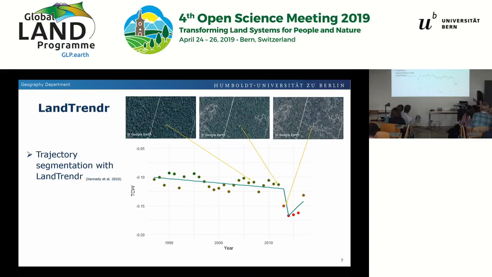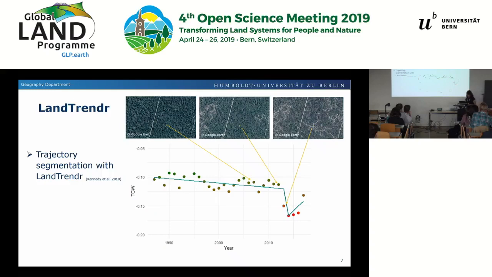These are very high resolution images from Google Earth, while the time series is of Landsat images. It's a time series of tassel cap wetness data, and you can see that the LandTrendr fit, that is the blue line, can capture the even subtle